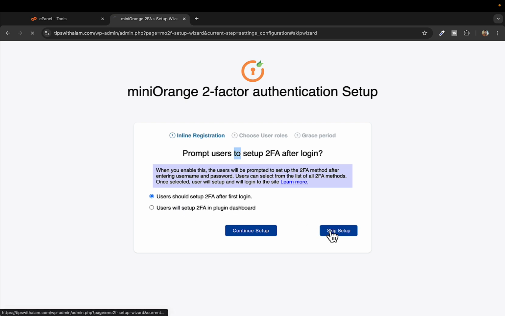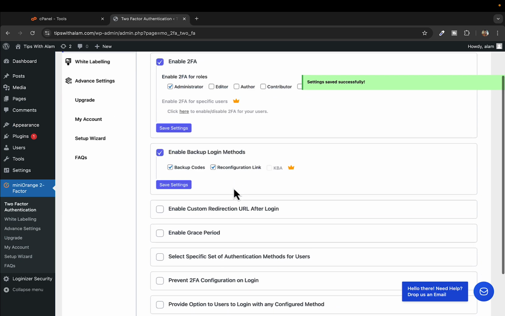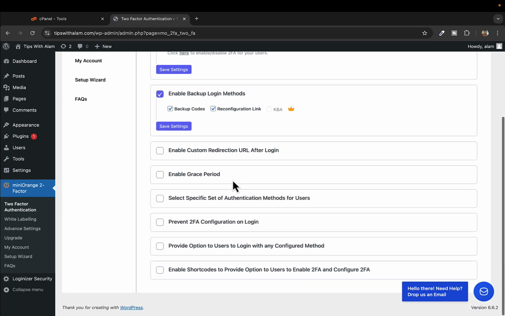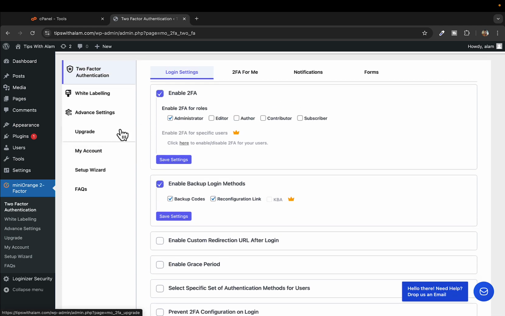You can just skip this setup, and now from here you will click on this enable two-factor authentication, and this is only for the administrator, and save settings. And then you can enable backup logins method if you want. And the most important thing to set up here is go to your account